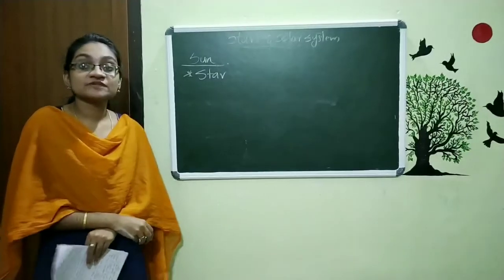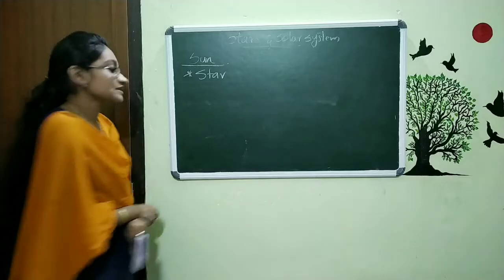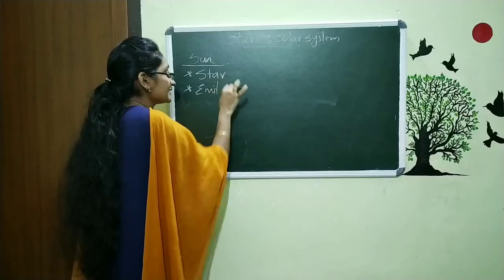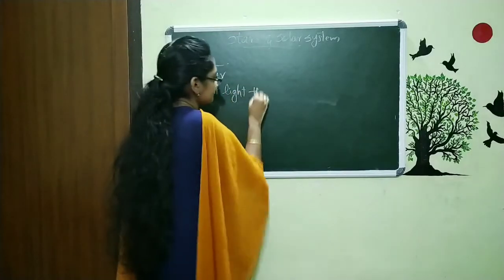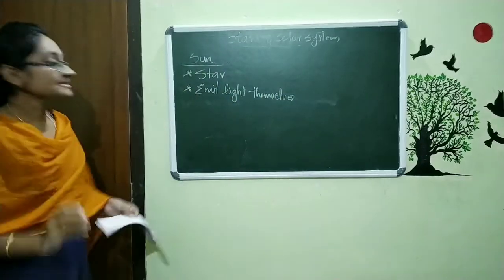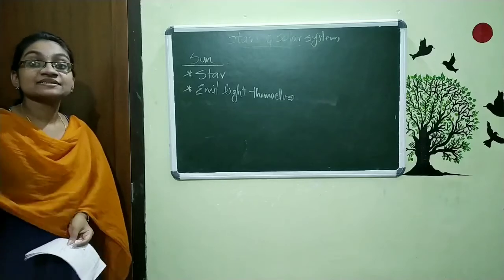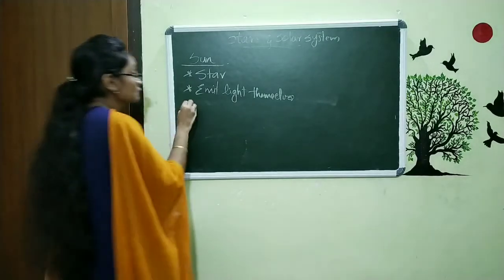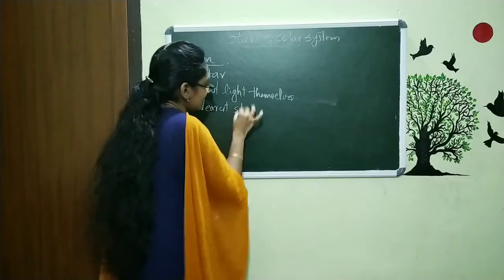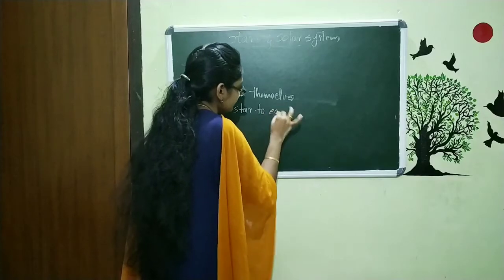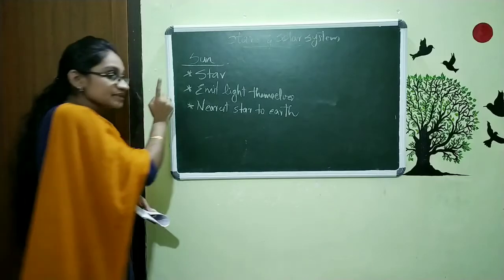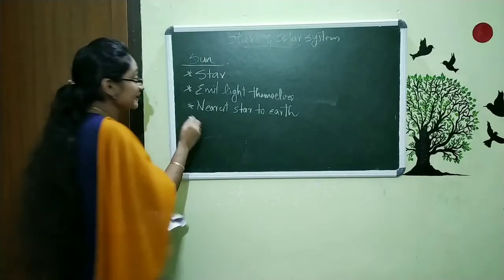What is the peculiarity of a star? Stars produce light themselves. They emit light themselves. And we know the sun is the nearest star to earth. And this sun continuously emits